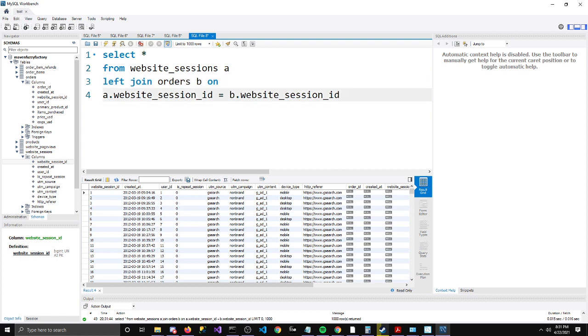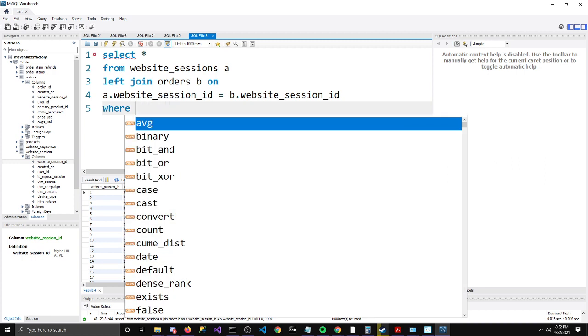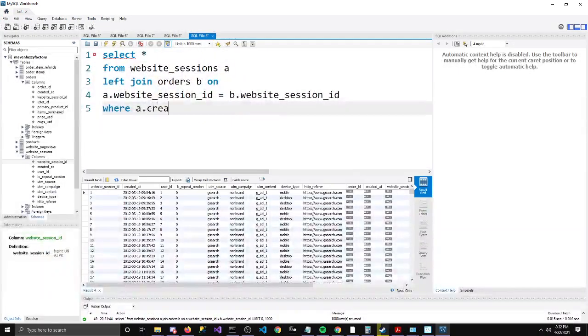So now we need to put in some WHERE clauses. Let's see, where the created, okay, we need to put in the table name, A created on, which will be created on the day we're looking for. This 2012 4/14,